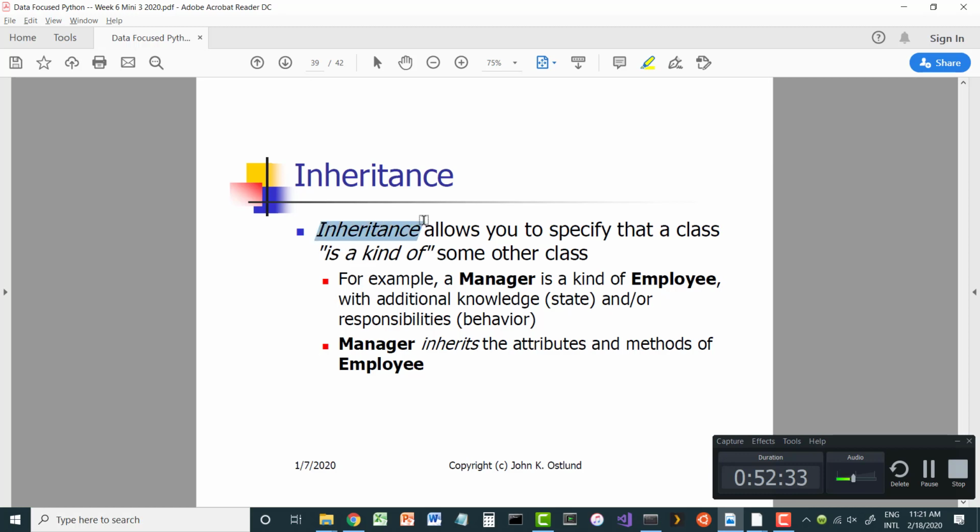Now, another thing that classes allow us to do is to use something called inheritance. And what inheritance does,